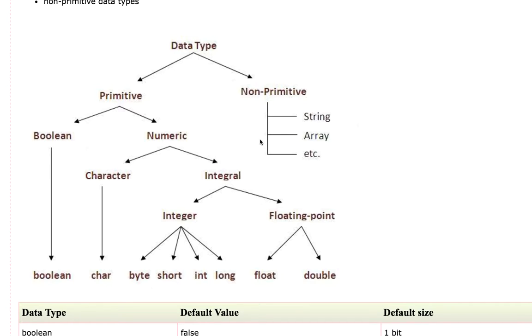Okay, what are non-primitive data types? They are basically some class in Java. So any class in Java must start with a capital letter. It's not mandatory, but this is the standard that Java follows. So String, if you're going to save your name into a variable, then you need to create a string variable. Basically String is a class. You're going to create the object of the String class, then you can store that variable. If you're going to create 10 different integer values,